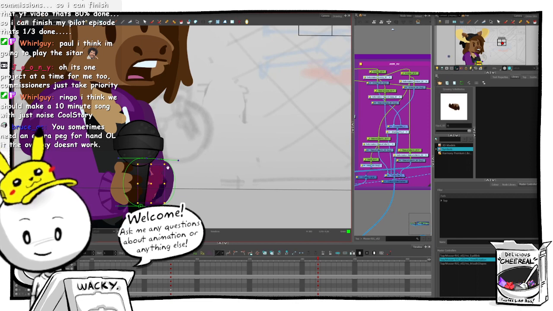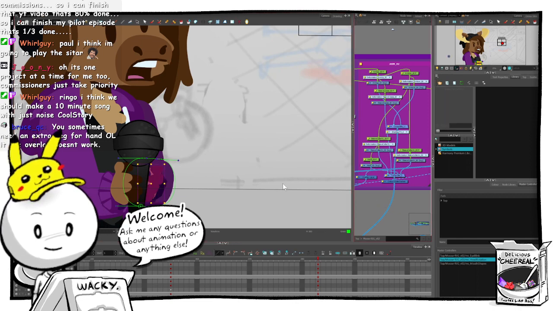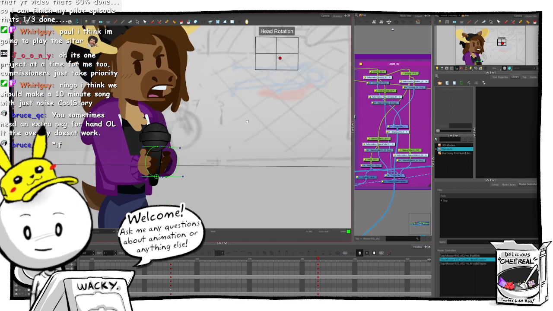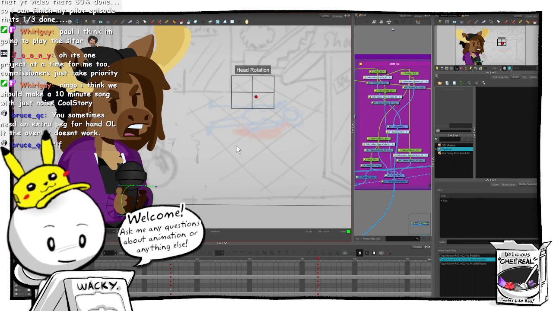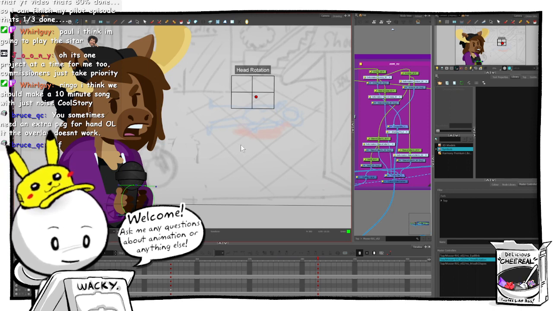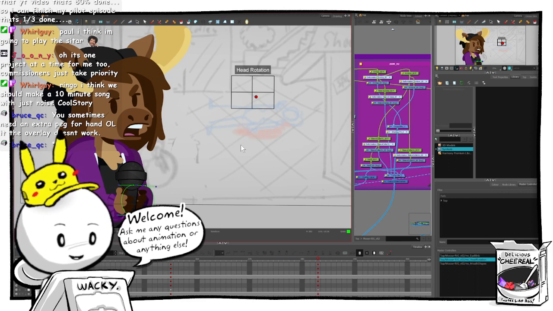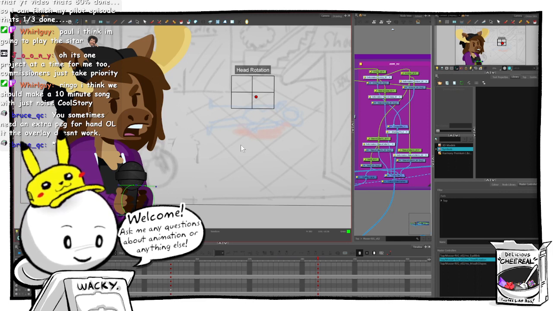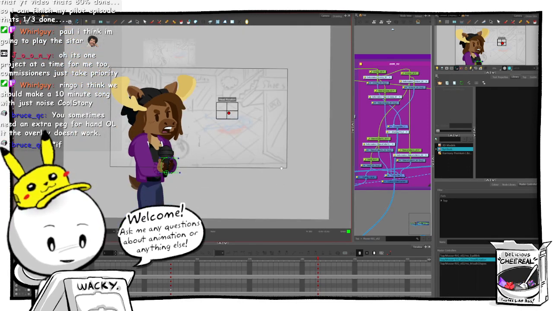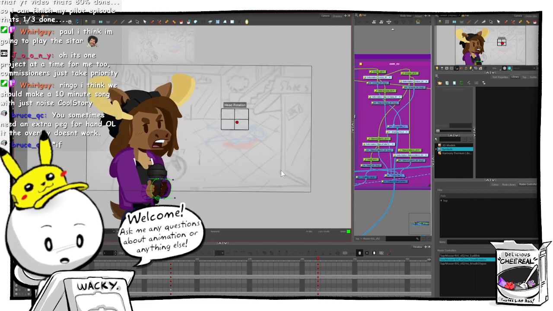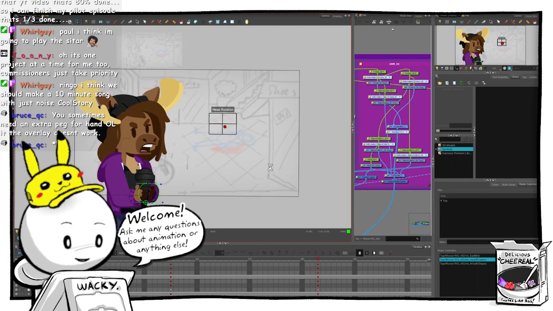It's not like a portfolio piece or anything, you know? Let's see. Sometimes need an extra peg for a hand overlay if the overlay doesn't work. I'll think about that. If it really bothers me, I'll troubleshoot it. I think I'm happy just to move on, because he doesn't stay in this pose for very long.